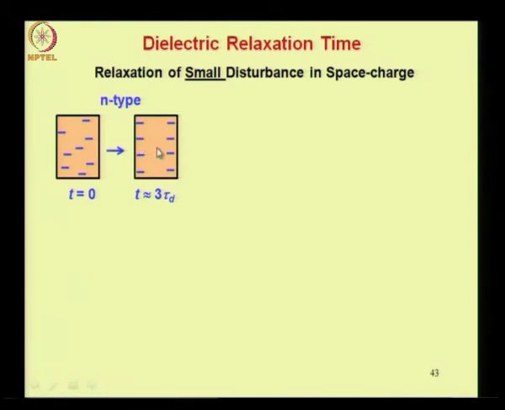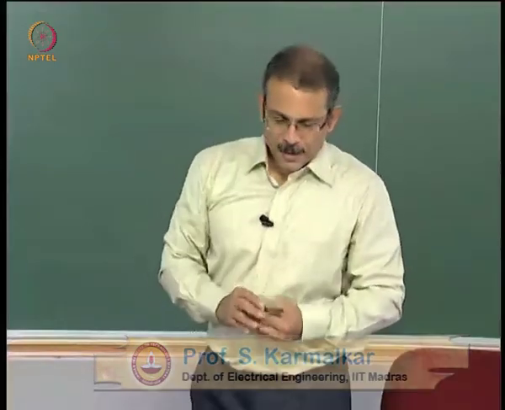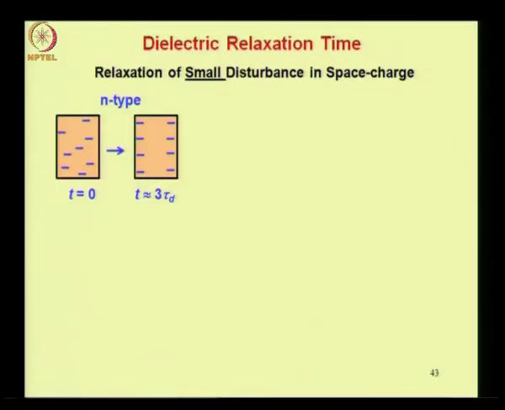If it is a 3-dimensional volume, then you must consider the mobile carriers to move to the surface of the 3-dimensional volume. That is what will happen. Okay. Now we need to explain why does this happen, how does this happen, right, and we need to get an equation for this return of space charge to neutrality condition. So please note, space charge here is 0, but surface charge is not 0. So essentially what is happening is the space charge which was present at t equal to 0 is converting itself to a surface charge.